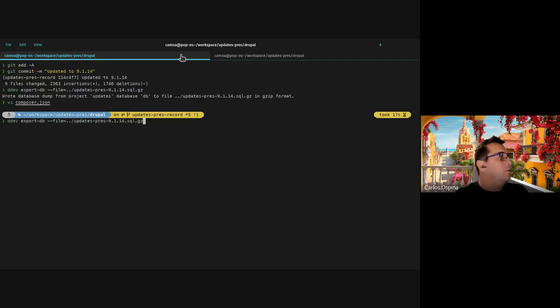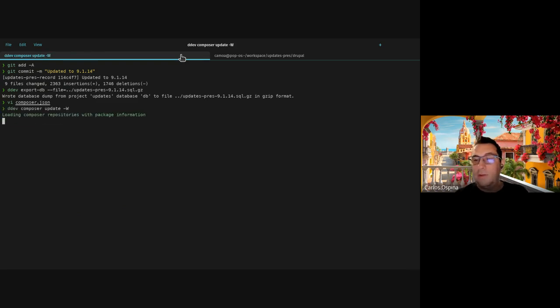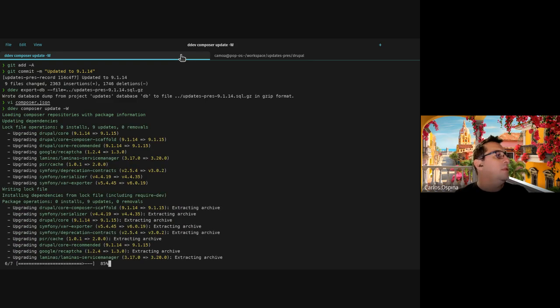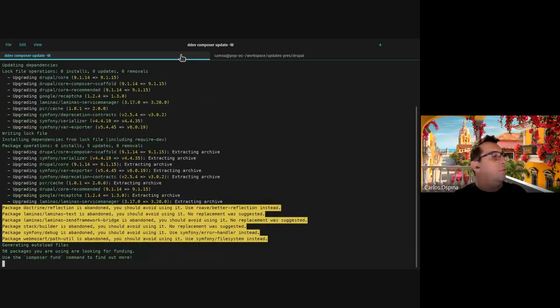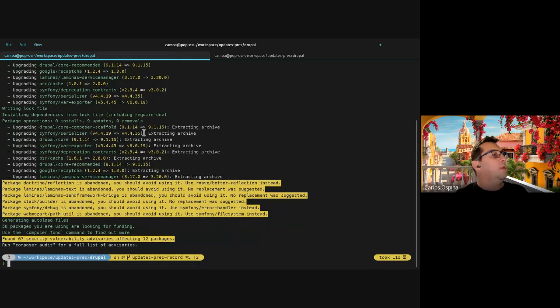You don't have to use my beloved Vim. You can use any other editor that you want, Visual Studio, but I just didn't want to have more windows in the presentation. But after you update that, you run a composer update, and you can see not many changes, only Drupal core,